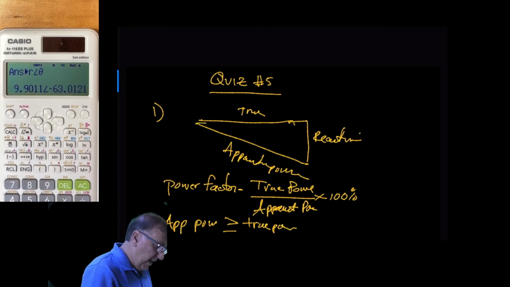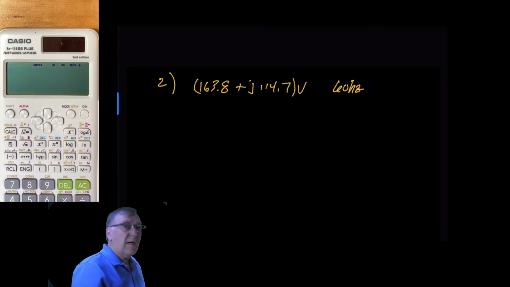So if you look at this triangle, because it's the hypotenuse, it can only be greater or equal to, right? So the power factor is always less than 100%. The second question